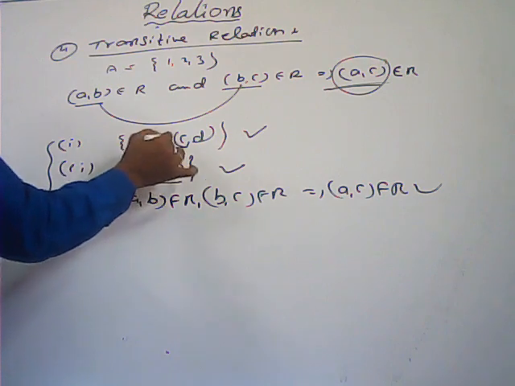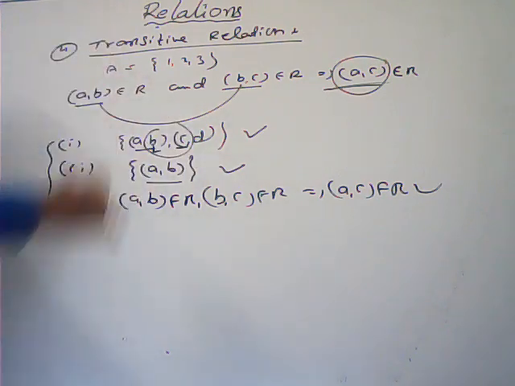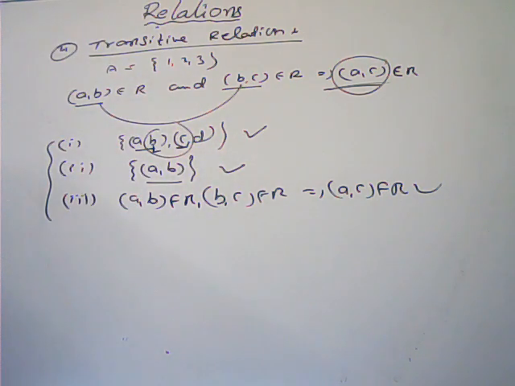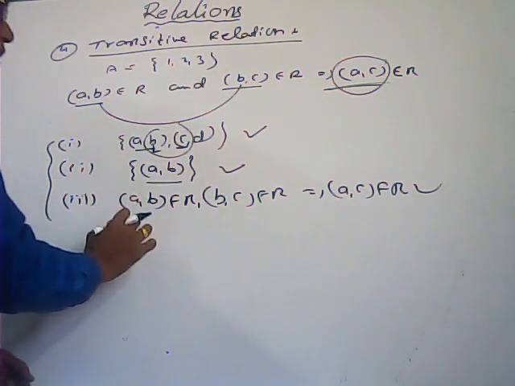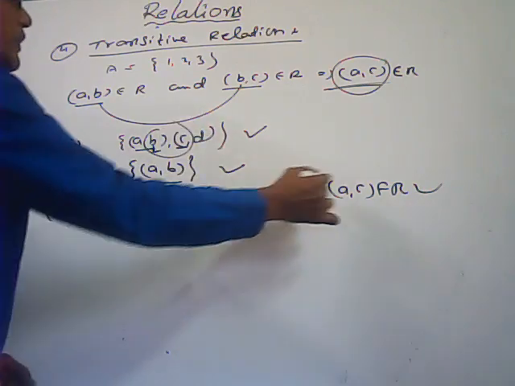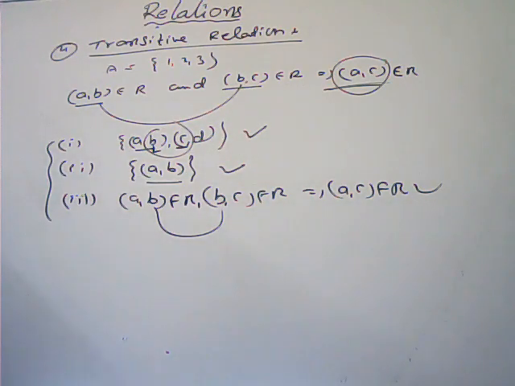Here (a,b), here (c,d) is there. No relation between these two ordered pairs. If there is no relation, that is transitive. Here no relation is there, only a single ordered pair is given to check whether a relation is there or not, so this is also transitive. Here a relation is there, then we need one more ordered pair (a,c). If it contains (a,c), then only that is said to be a transitive relation.